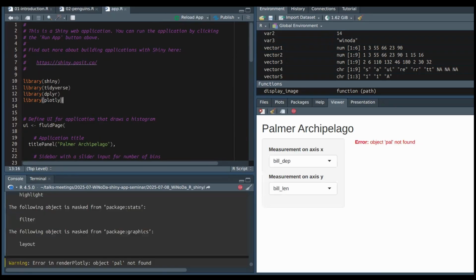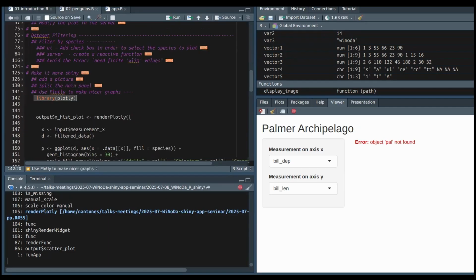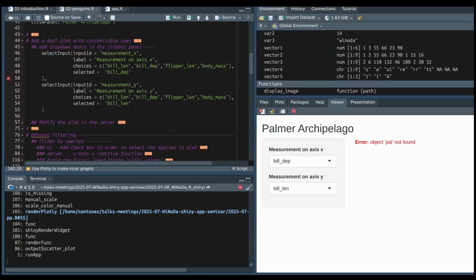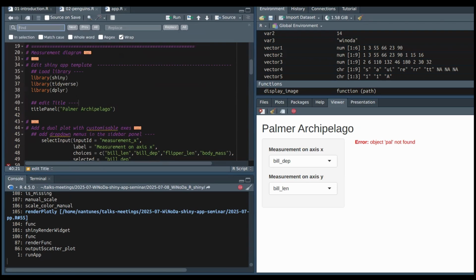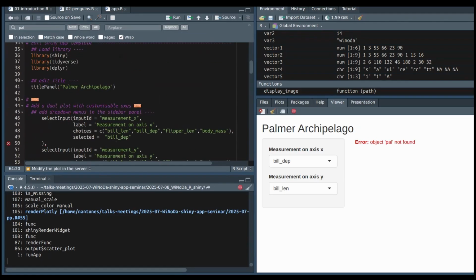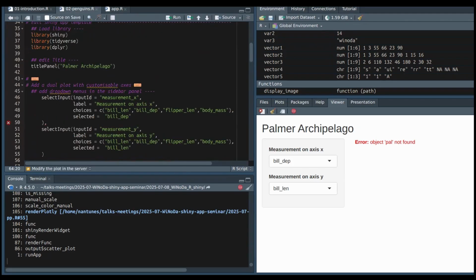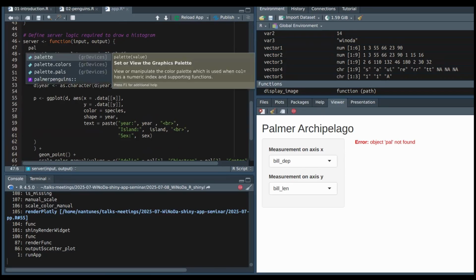Okay, I hope it works. Or, object file not found, of course. Of course, I didn't set the palette, so I will set it. Well, we will set it manually. So here I can set a palette that is called pal,